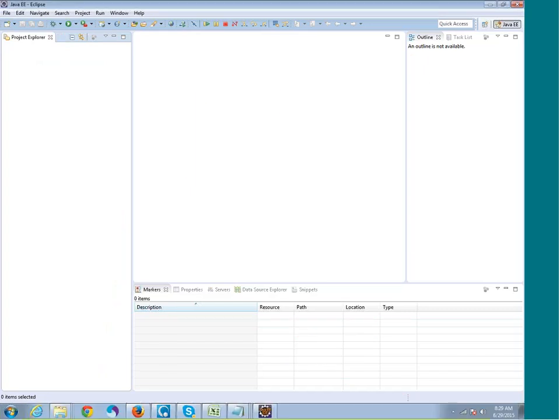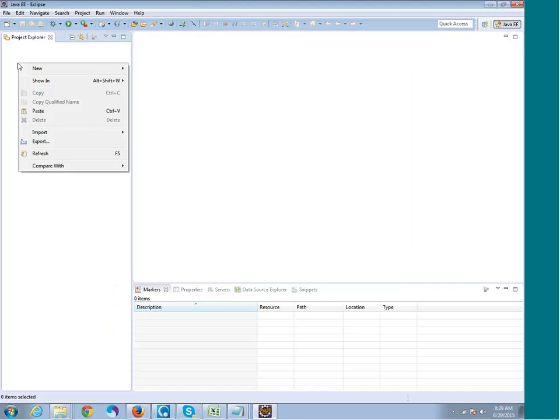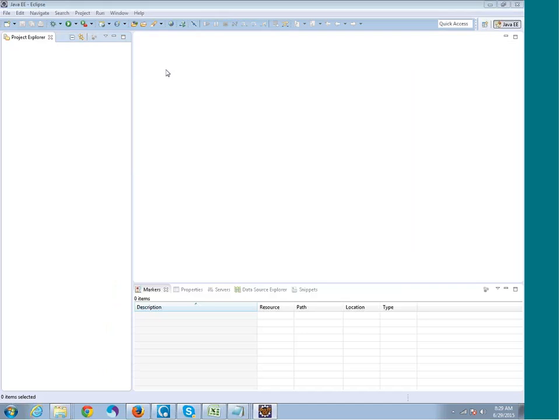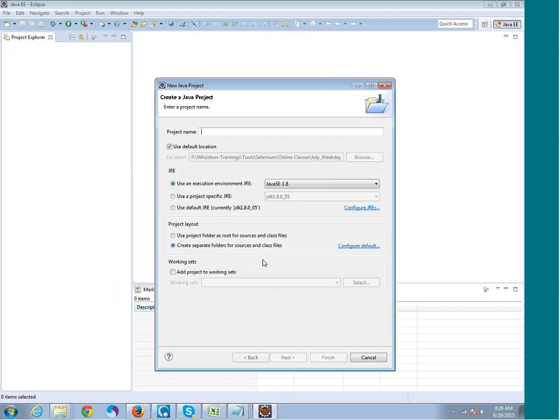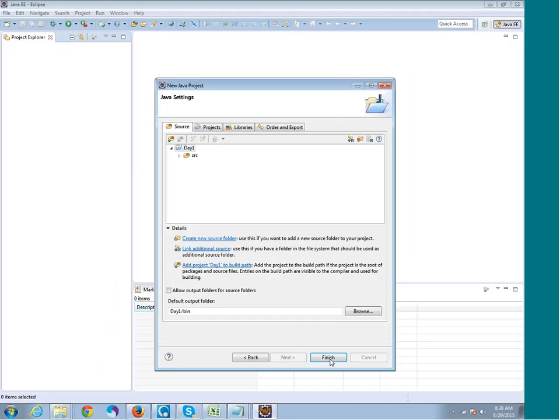Right. So let me create my first Java project over here today. I'll right click in the blank space, select new project. Under Java, select the Java project. Right, and call it day 1. Fine, and finish it off. All right, and in this day 1 project, if you see over here, see the source folder,